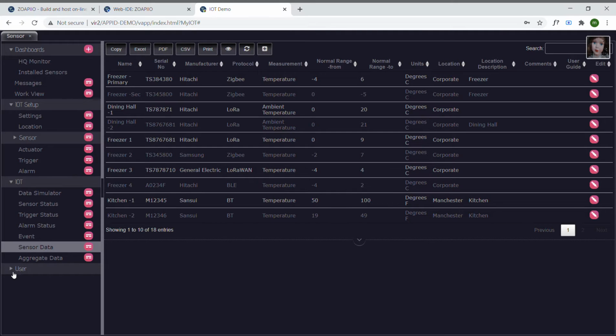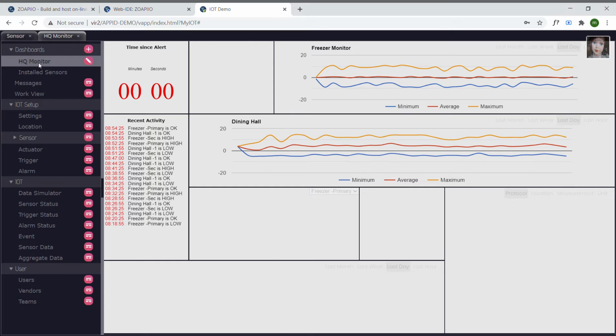We also have workflow. For example, when we notice that there is a sensor which is either reporting low battery or maybe showing unusual readings, we can initiate some sort of a service request on that. So let's start by looking at the dashboard, which is kind of the main feature of the application,